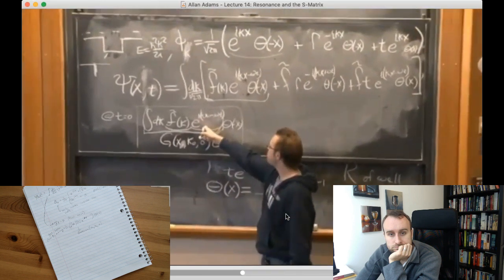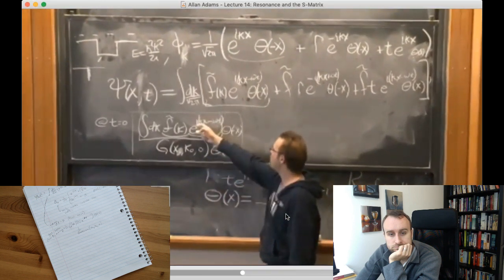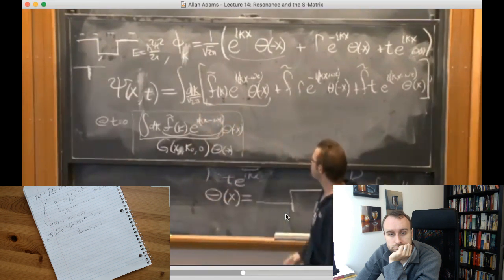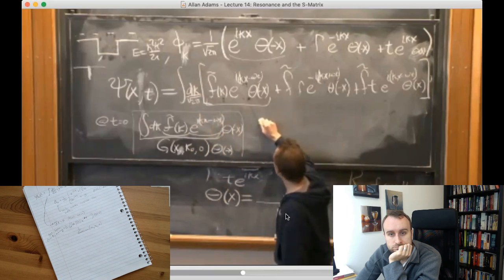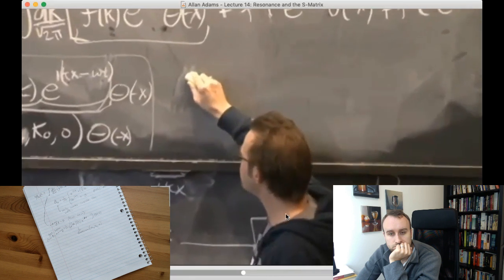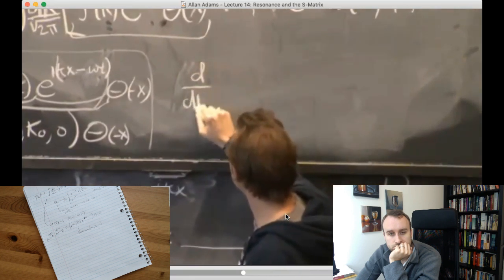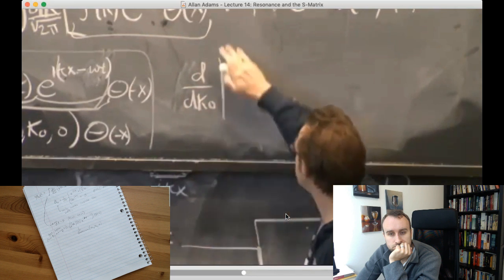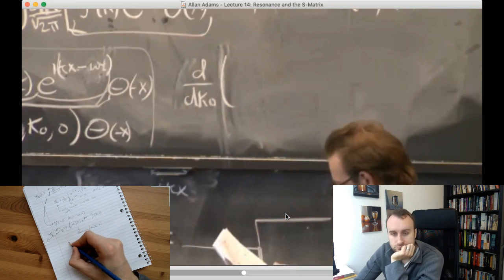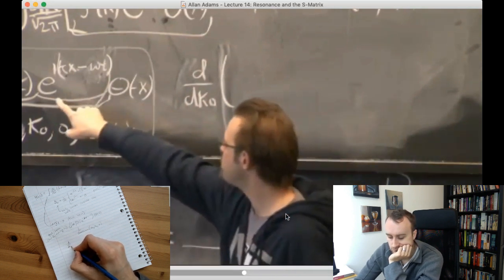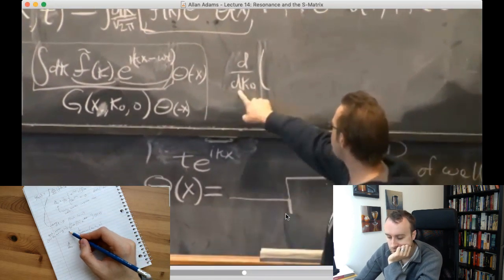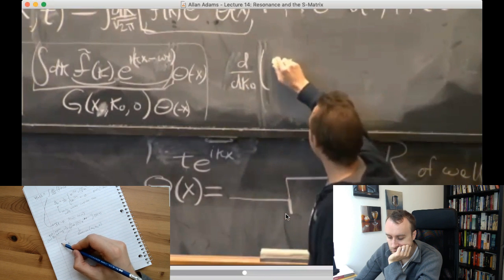And so using the method of stationary phase, or just asking where the phase is stationary, we get that the central peak of the wave function satisfies the equation d/dk naught. If you're not familiar with stationary phase, let the recitation instructors know, and they will discuss it for you. So the points of stationary phase of this superposition, this wave packet, lie at the position d/dk naught of kx